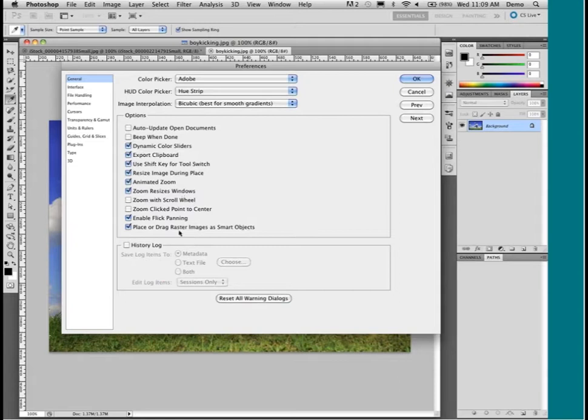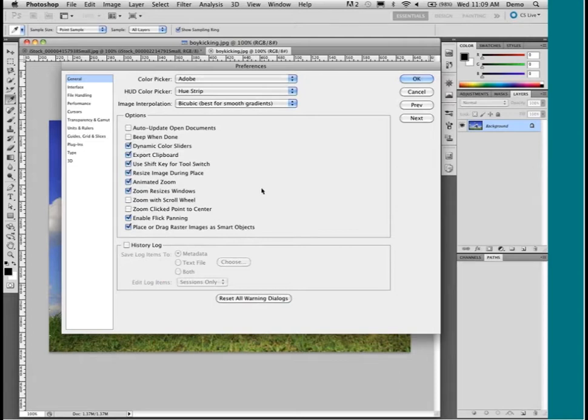If you want to zoom with your scroll wheel, if you've got a mouse that does a scroll wheel, let's say, you can of course say, yeah, let's zoom with the scroll wheel. That means I scroll up and down, it'll actually zoom in and out, and I honestly don't like that, but anyway. And one of the other things that I want to mention here that I think is awesome,